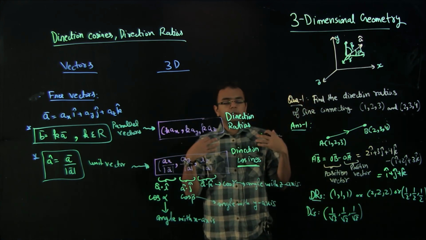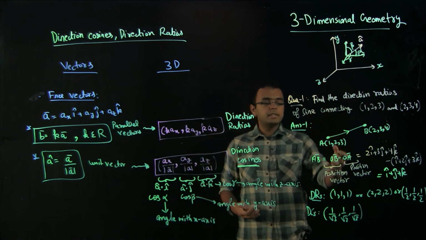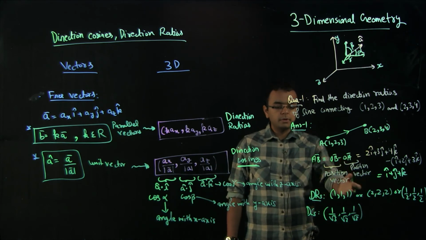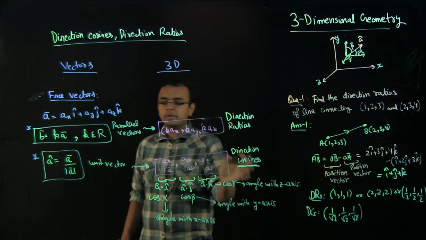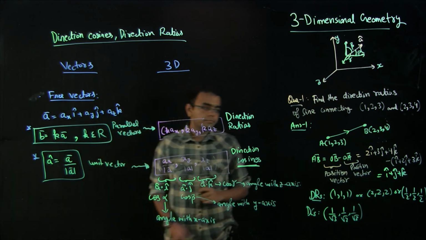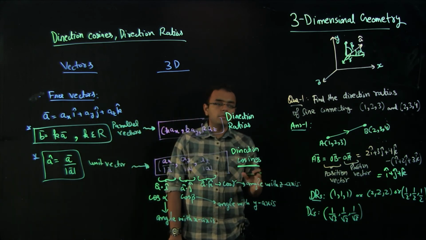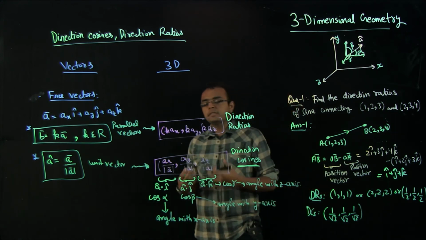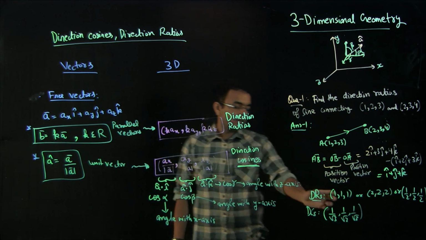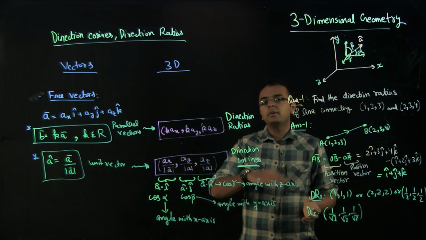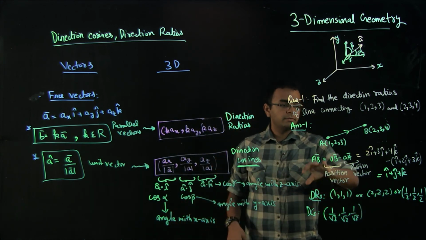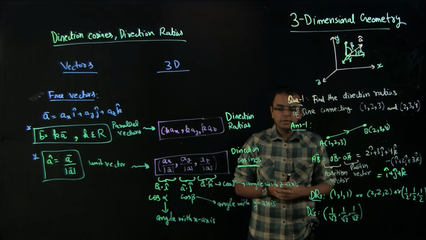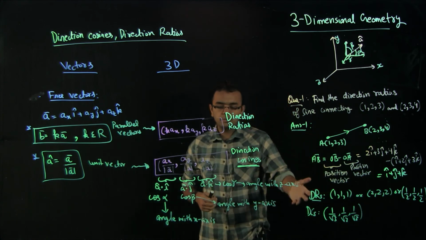So basically you can infer a lot of information with just a simple example. You can calculate DRs, you can calculate DCs, and again you should recall that unit vector means direction cosines, parallel vectors means direction ratios. Okay, so I hope with this example you were able to understand what direction ratios mean. Direction ratios mean any set of 3 x component, y component, z component which are parallel to a vector, and in this case we just found the AB vector and then calculated direction ratios. Similarly we calculated direction cosines, which was nothing but the unit vector.